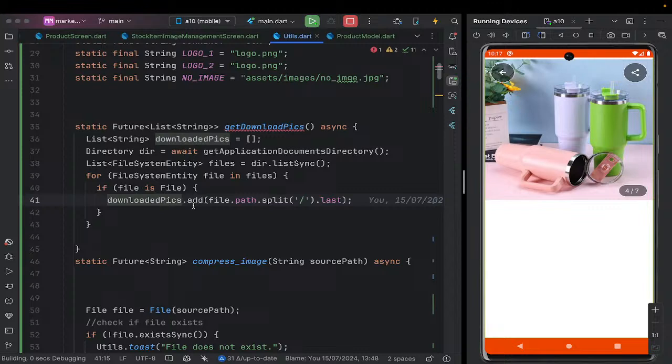So if it is a file, I go ahead and add its path, so I get its last name. I get just the last name, not the whole path. I just get the last name of this file, and I add it in this download pics. So you simply say files.path.split. I'm splitting it with the / and I get the last, and I add it in these folders,